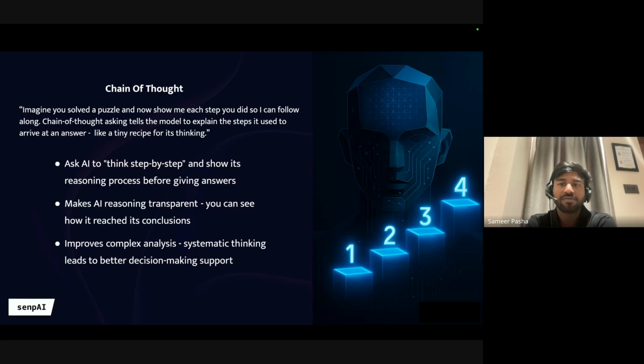Next is chain of thought. Chain of thought is nothing but, let's say you solved a puzzle or you have done something in the past, and I come to you and ask, hey, can you please explain to me step by step what exactly you have done? That is exactly what we are looking at in chain of thought. We are asking the LLM, hey, can you please walk me through step by step what the thought process is behind this particular output, the output that you are giving me. And this actually helps a lot. From the next time moving forward, when you are interacting with an LLM, when you are giving any prompts, always add a line: walk me through it step by step.